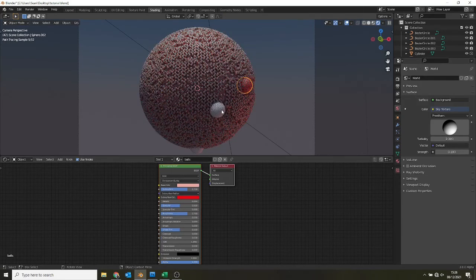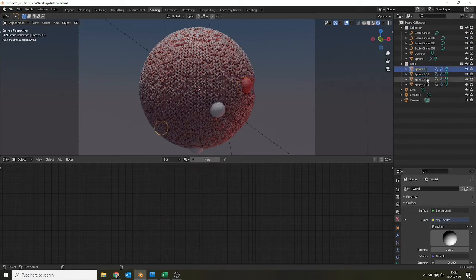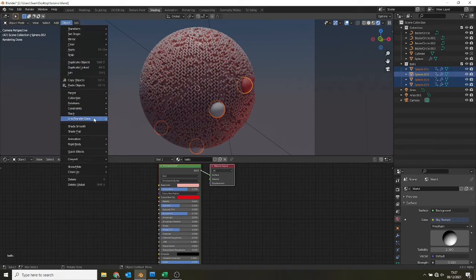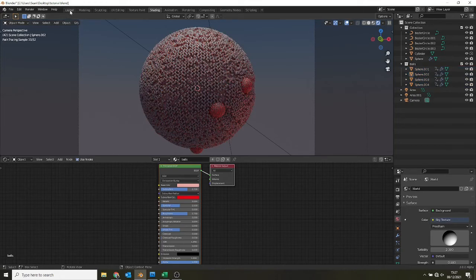Now we need to give all the balls the same material. Find your spheres. This one's got the color, so select all the others. And then that one with the color last as your selection. Object, link transfer data, and where's materials? There we go. If you go back to a layout,